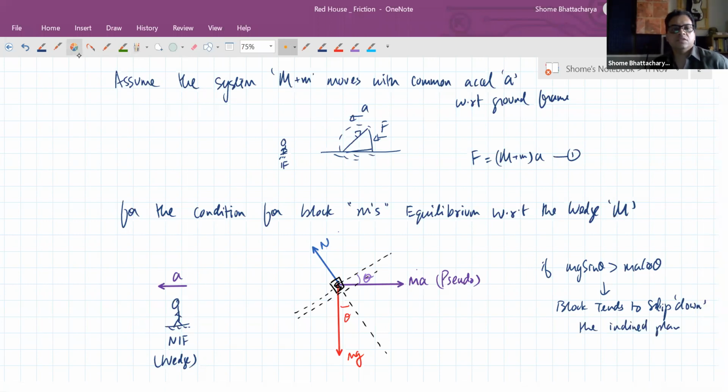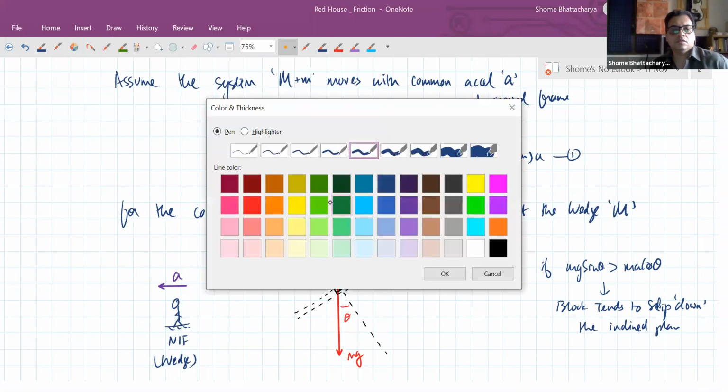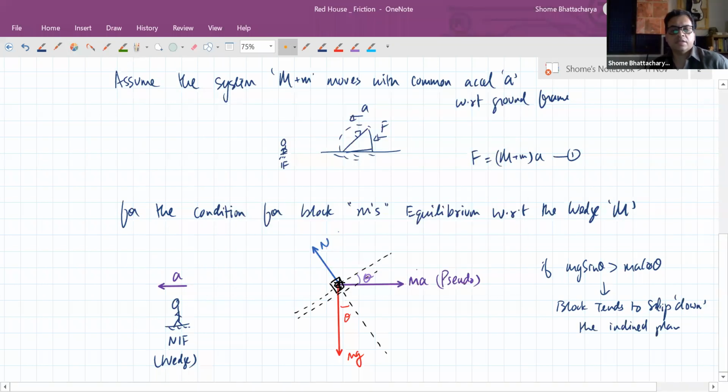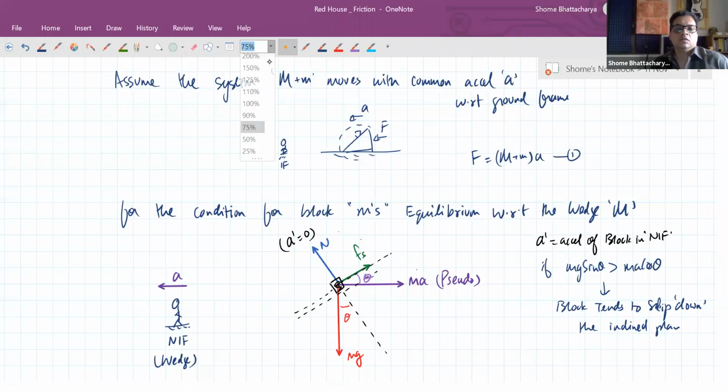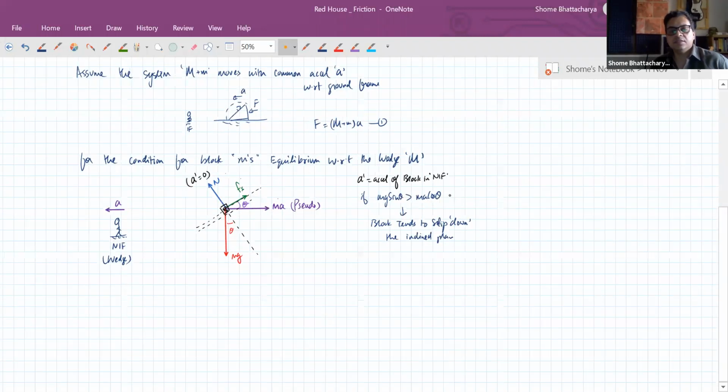In that case, if it is at rest, then there should be static friction acting on it. In which direction? In this direction. So this should be the static friction for its relative acceleration A prime to be 0 in the non-inertial frame, or with respect to the wedge. So for this condition that mg sin theta is